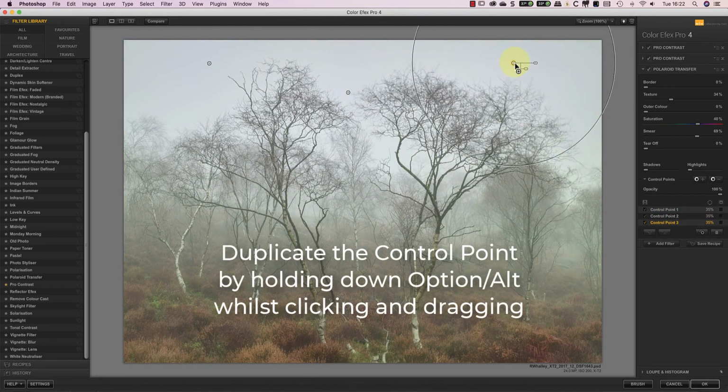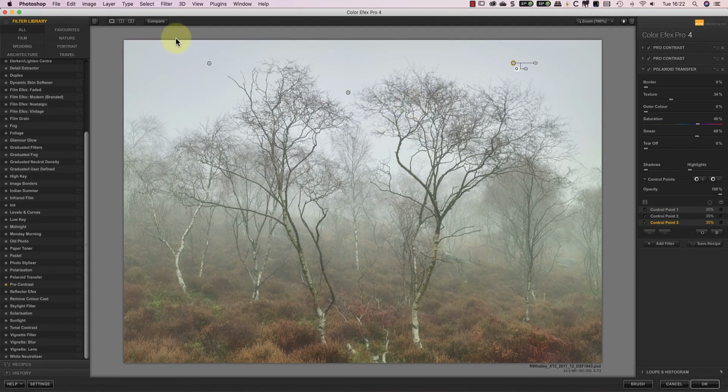Something else that's often overlooked when people use control points is that you can synchronize the control points. When I click and drag with my mouse, I can select multiple control points together. Now when I move the opacity slider for one of the control points, all the selected control points are also adjusted. If I don't want to keep having to select all the control points when I do this, I can group them together by clicking the Group button below the control point list.